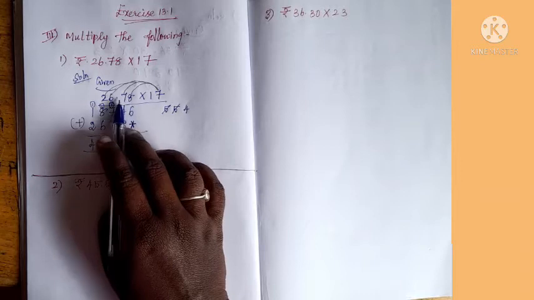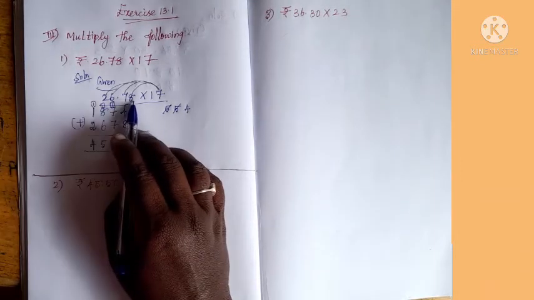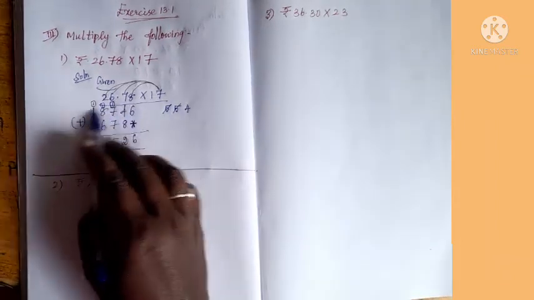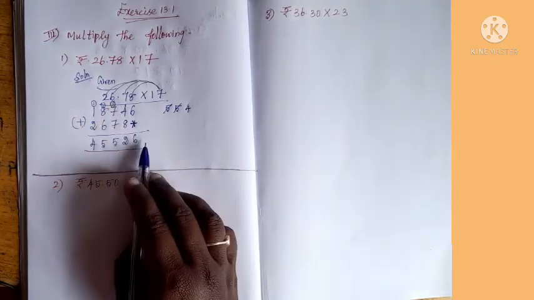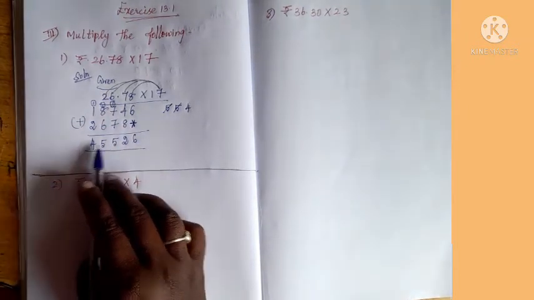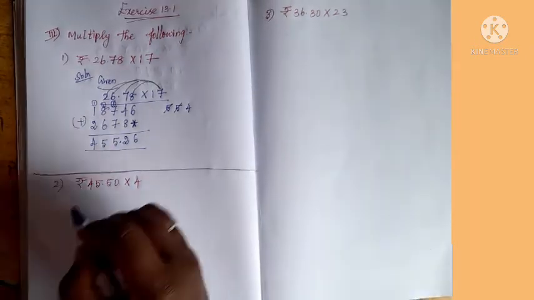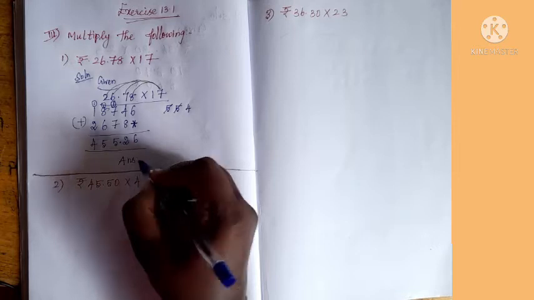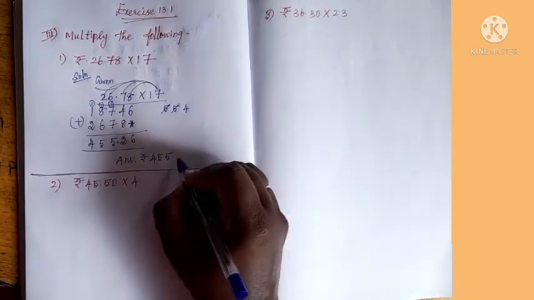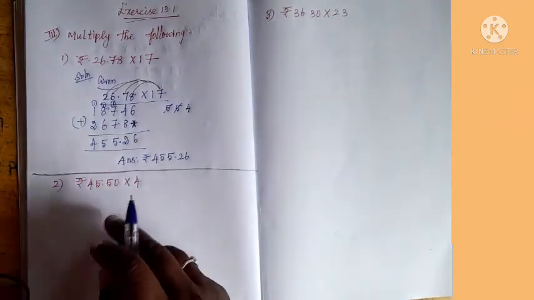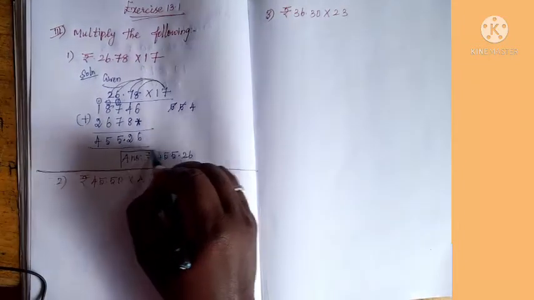See here, 2 digits before. 2 digits: 1, 2. 2 digits before. Right to left you should check, children. Don't check like this. Check right to left. 1, 2. 2 digits before the point it is there. So finally in the answer place also you should see from the right side. 1, 2. 2 digits before you should keep the point. So the answer is rupees 455.26. This is your final answer. Okay, so for the answer, put a box.